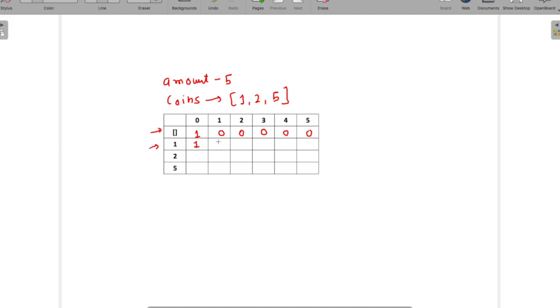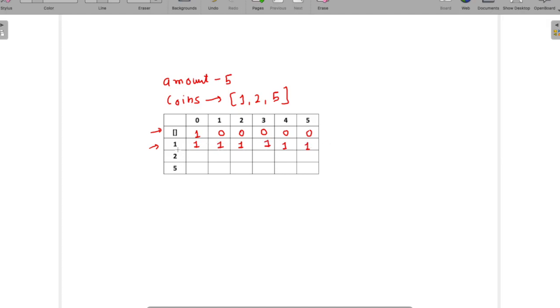The second, when we have amount equal to 1 and denomination also 1, at that time we can get solution as 1. With 2 also we will get 1, and 3 also will get one possible solution, because with 3 coins we can create a 3, with 4 coins we can create amount 4, and 5 also we can create amount equal to 5. So when we have only one denomination, we can have only one solution.